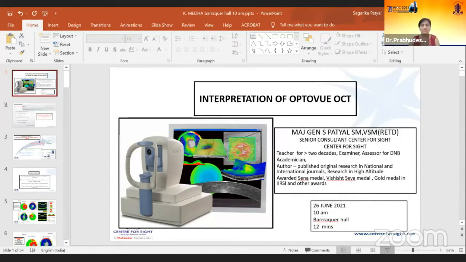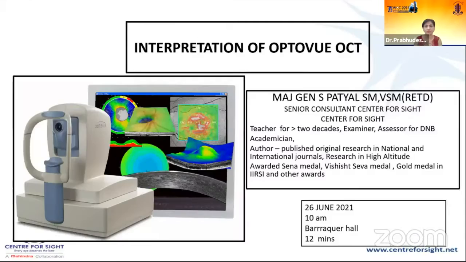Yes. So I'll just give you a brief introduction. Dr. Major General Sagarika Patiar has experience as a glaucoma consultant for more than 35 years. She served as Assistant Chief Integrated Defense Staff Medical at Army Headquarters, Head of Department of Ophthalmology at Army Hospital, Delhi, and Head of Department of Ophthalmology at Army Base Hospital, Delhi Cantonment.